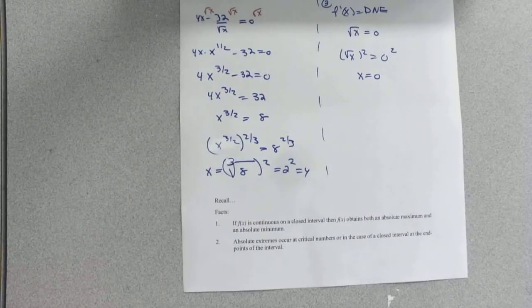So recall a couple facts here. Facts: 1, if f of x is continuous on a closed interval, then f of x obtains both an absolute maximum and an absolute minimum. 2, absolute extremes occur at critical numbers, or in the case of closed intervals, at the endpoints. So keeping those two facts in mind,